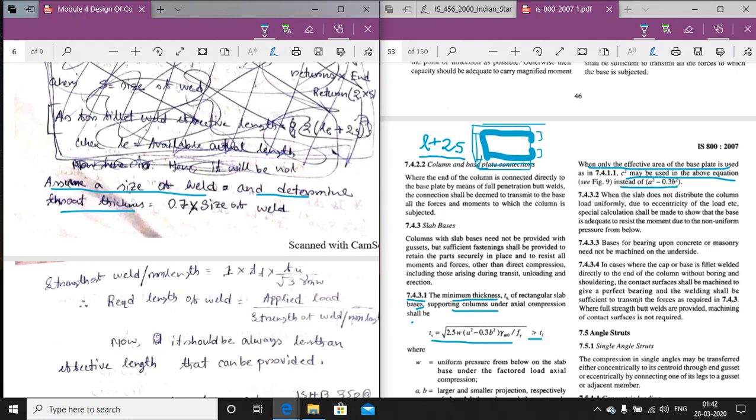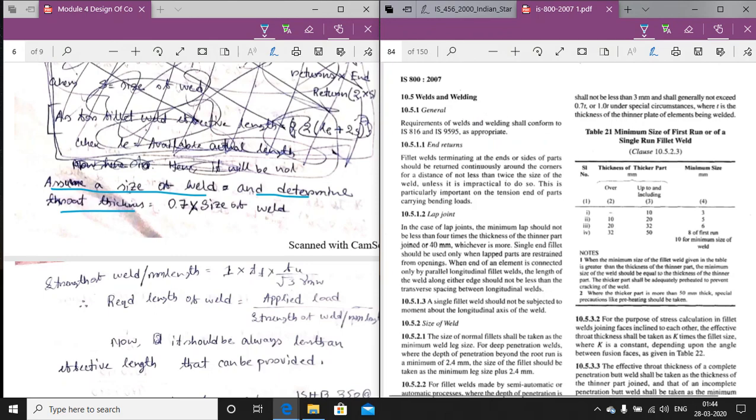Now similarly, if we go into the welded connection, what is the size of the weld? First we have to assume a size of the weld, then determine the throat thickness. Now if we go into the welded connection,